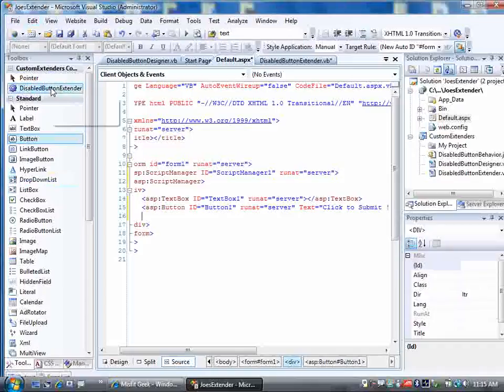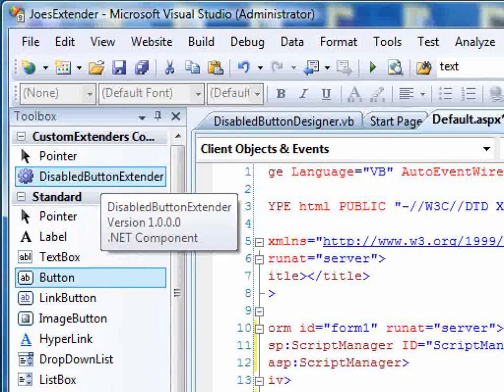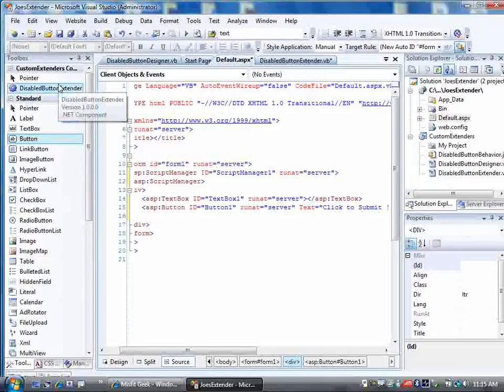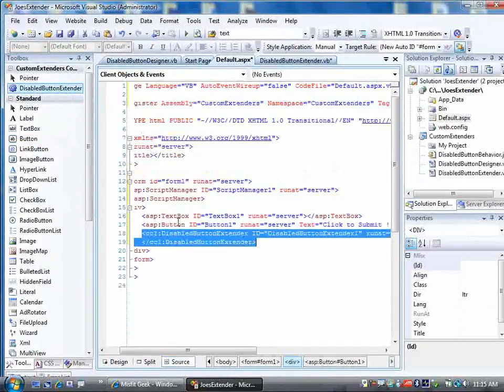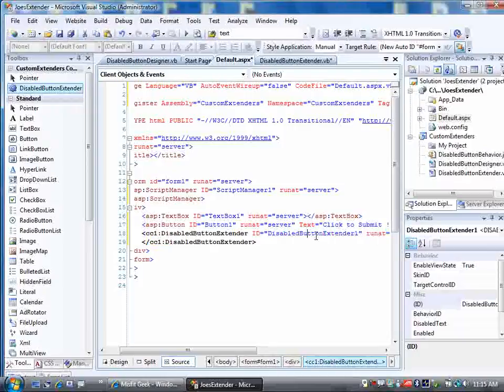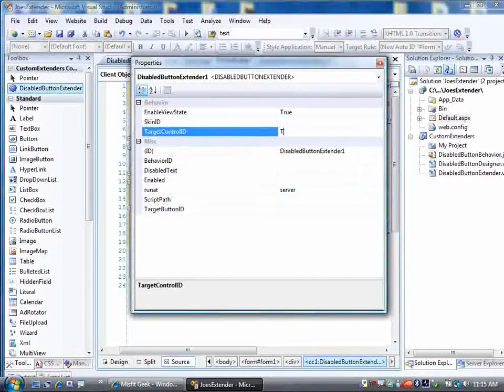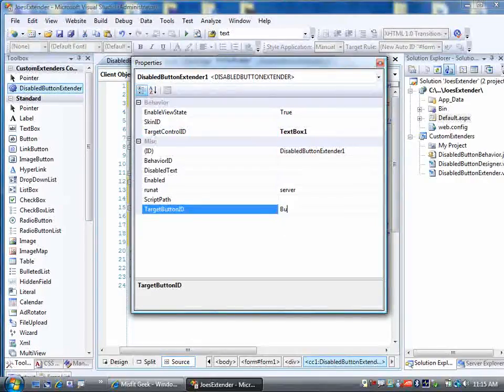Now, you'll notice here that Visual Studio has been kind enough when we built our solution to create a toolbox tab for our custom extenders and add an instance of the disabled button extender to that tab. So I can just go ahead and grab it, place it on my page here, and then in our properties window we can specify what the target control ID is going to be. In our case, TextBox1, and it has to be a text box. So TextBox1, and the target button ID, Button1, and